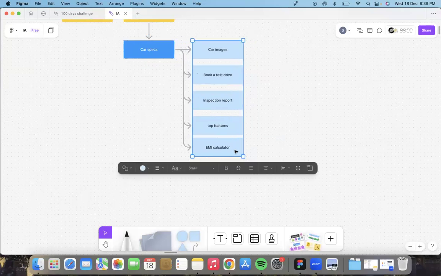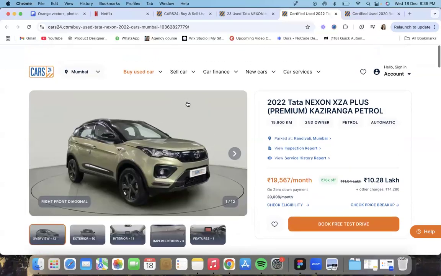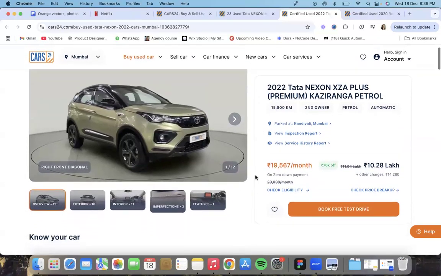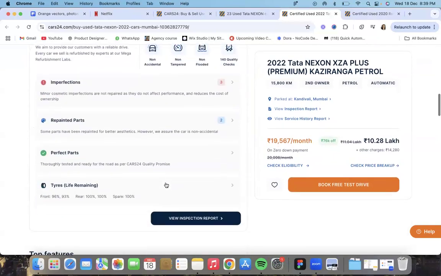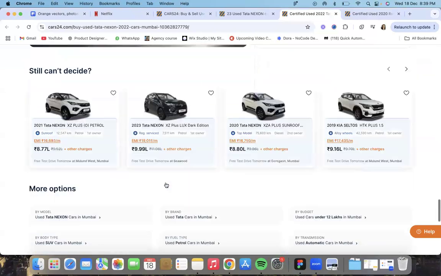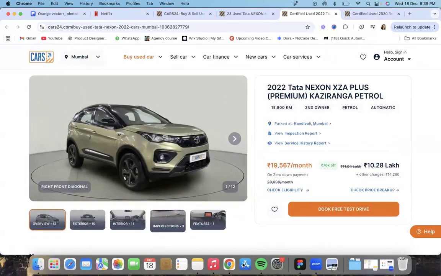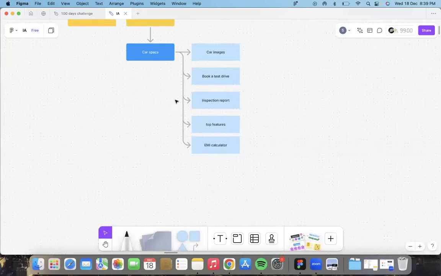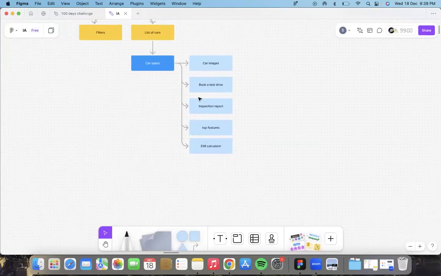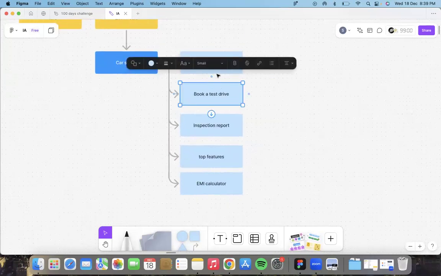Why? Because you have to check the flow. We are on the car specification page. Images, test drive, inspection report, top features, EMI calculator: everything is available on the car specification page. So it is important to show that everything is available on the car specification page. If we connect this like this,